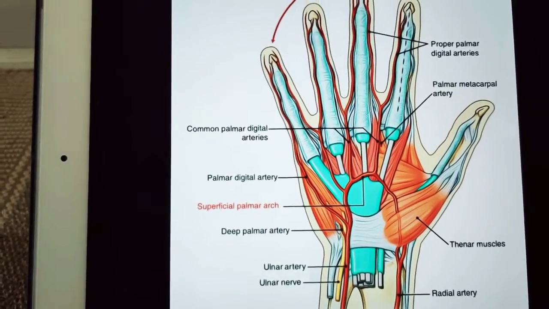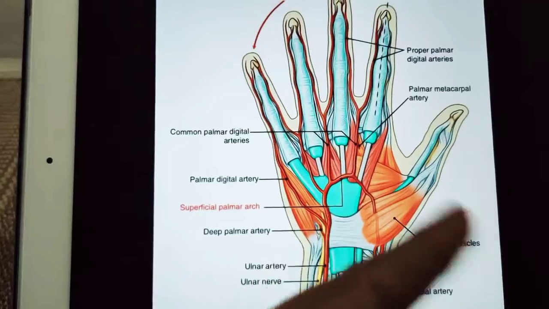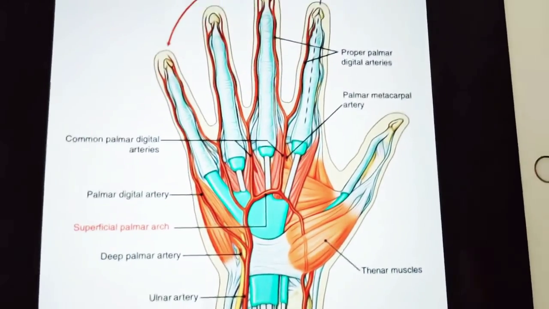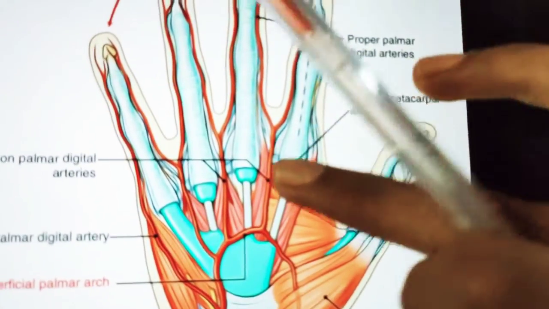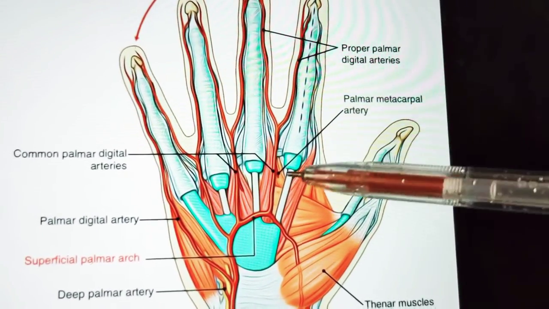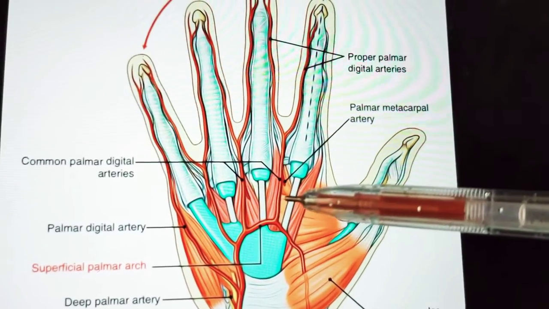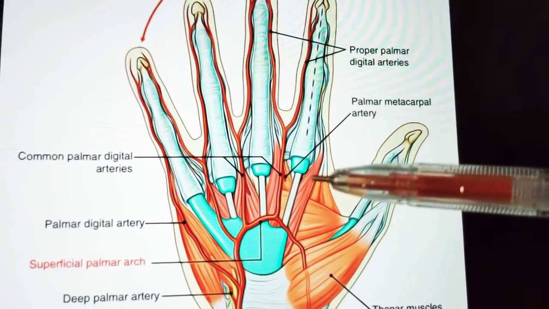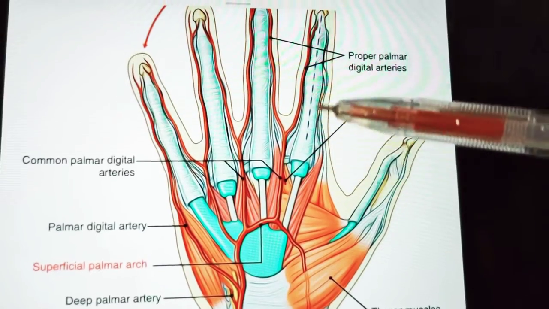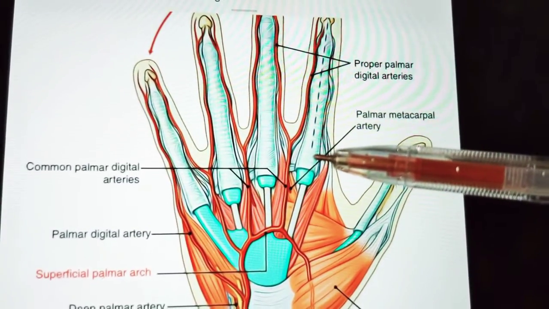The lateral three digital branches are joined by corresponding palmar metacarpal arteries from the deep palmar arch. If you see the deep palmar arch, it has a palmar metacarpal artery. So I will zoom to that area. You can see over here, this is a palmar metacarpal artery which will join the superficial palmar arch. Again I am repeating it, the palmar metacarpal arteries from the deep palmar arch.